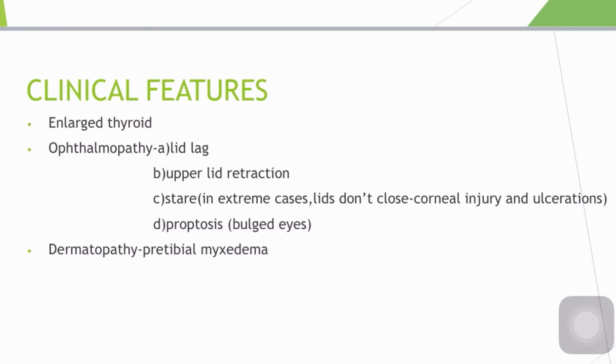Now you can clearly see in the picture that there is bulging of the eyes, which is called proptosis. Now this bulging of the eyes or the exophthalmos is based on an autoimmune origin. So the evidence is that there is a lot of lymphocytic infiltrate around the ocular muscles, and you can also see circulating autoantibodies against these muscle antigens that cross react with the thyroid microsomes. So this muscle antigen and the thyroid microsome look alike to these antibodies, and that's why these antibodies act against them and cause more lymphocytic infiltrate to occur. So this causes exophthalmos.